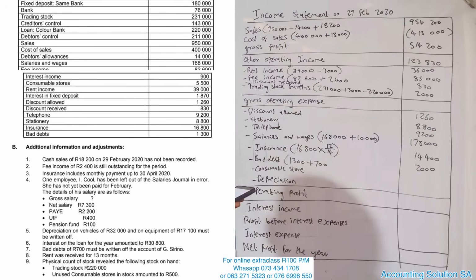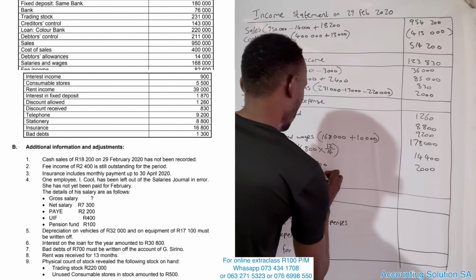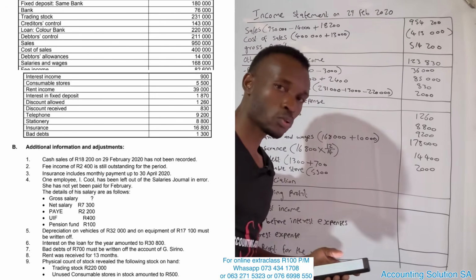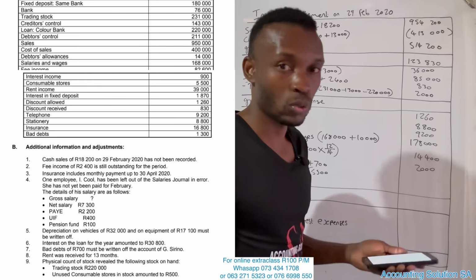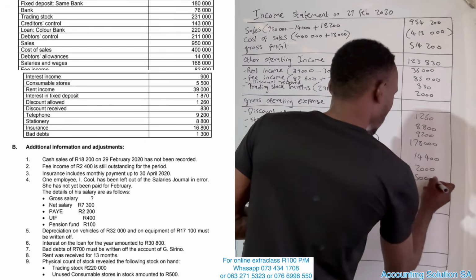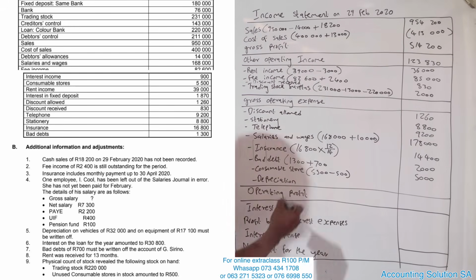Okay, then the next one, consumable store. Consumable store at the beginning, how much was it? 5,500. And the last transaction, they say that there was unused consumable store amounted to 500. The one that was not used, we must remove it, because here we are looking for what was used. Minus 500. And it's gonna give us 5,000. Okay. And the next one,